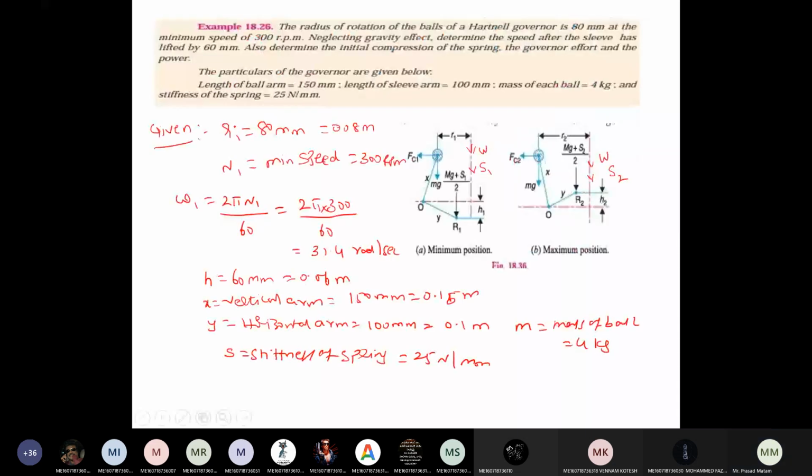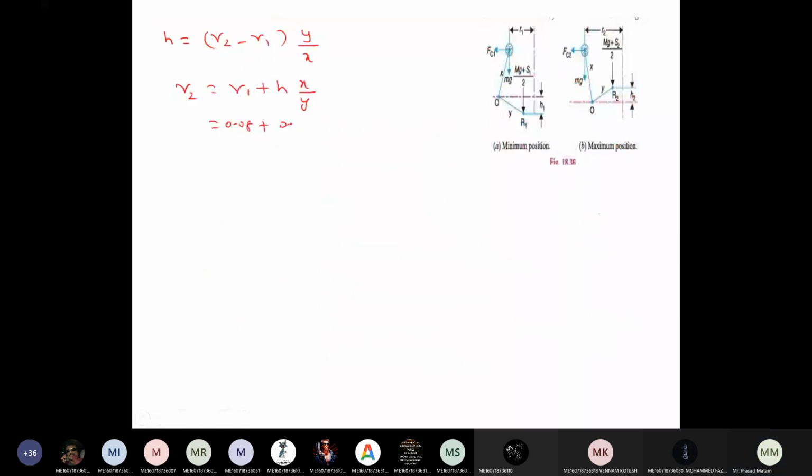60 mm. Right. 0.06 into X by Y. X is 0.15 meter and Y is 0.1 meter. On solving this equation, we are going to get the maximum radius of rotation. What is the answer we are getting on solving this? 170 mm I am getting, which is equals to